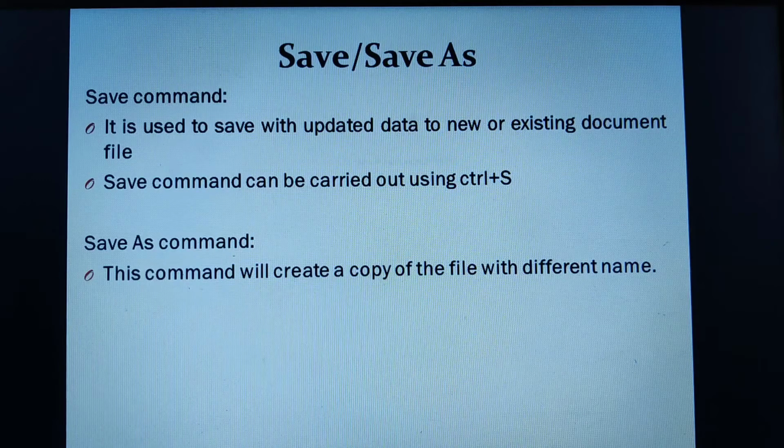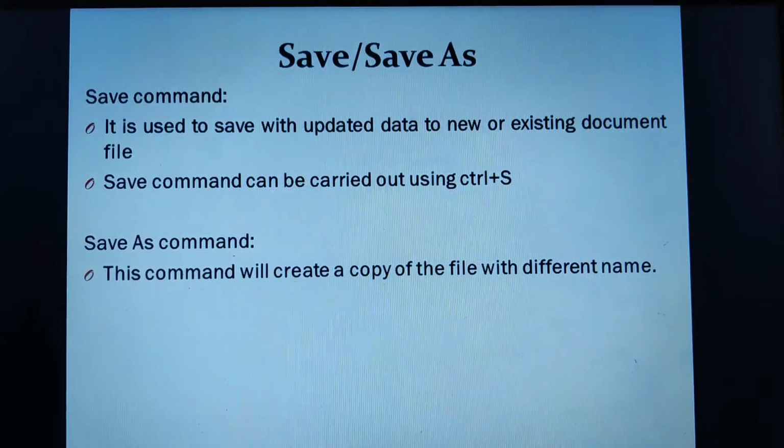Initially, when you create a document and add content to it, the first time you go for Ctrl+S, whether you go for Save or Save As, the same dialog box will appear. Both options do the same work: they save your document by asking for the file name as well as the file location. But if you have already saved your file initially and you have typed some other content, then if you just go for the Save option, it will update your contents within the same file.